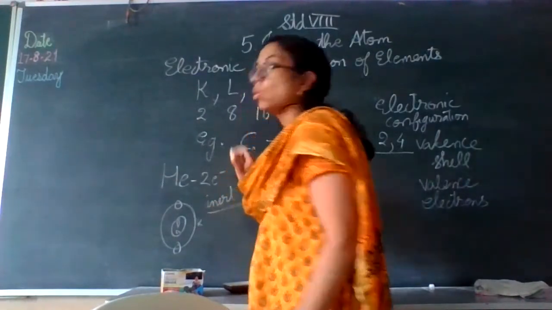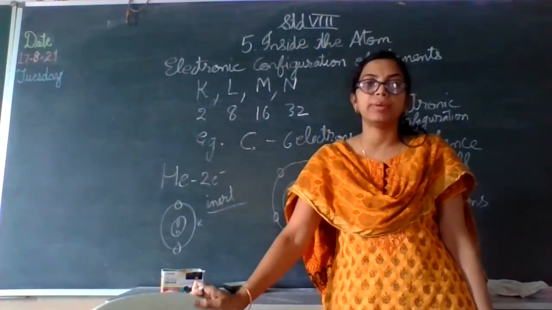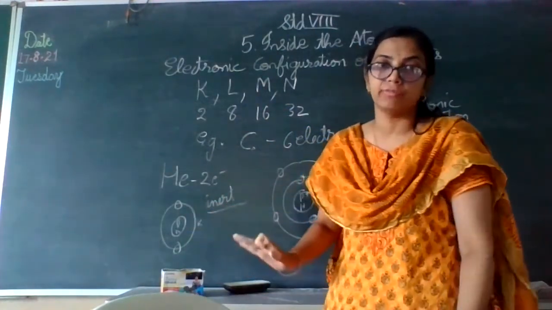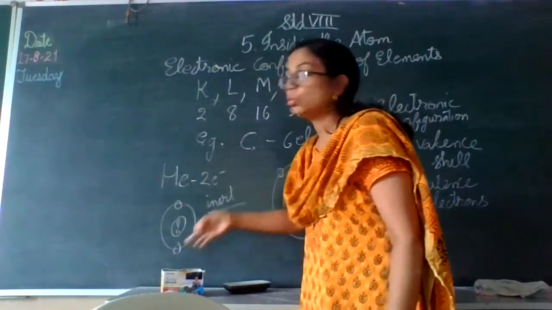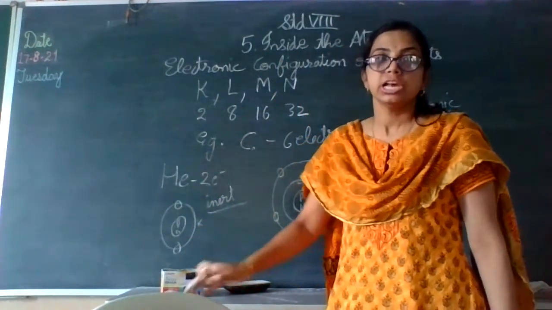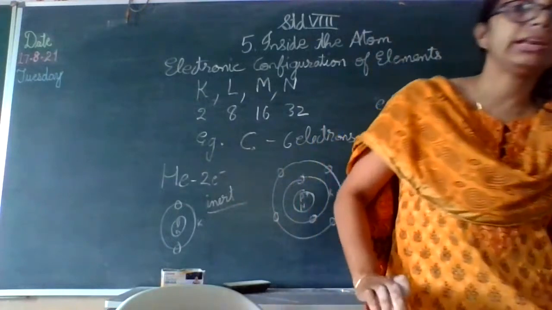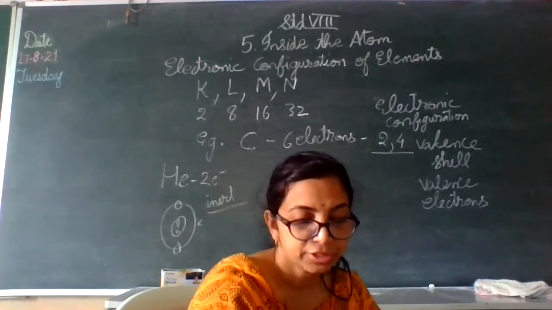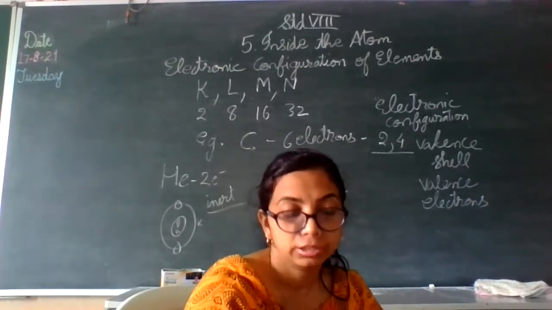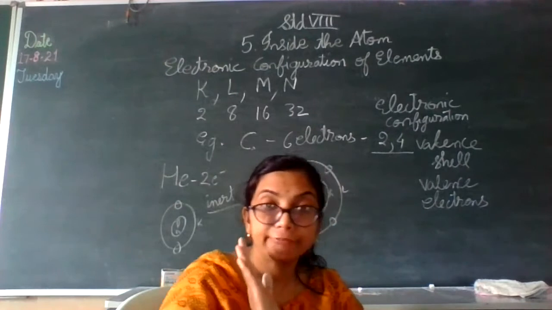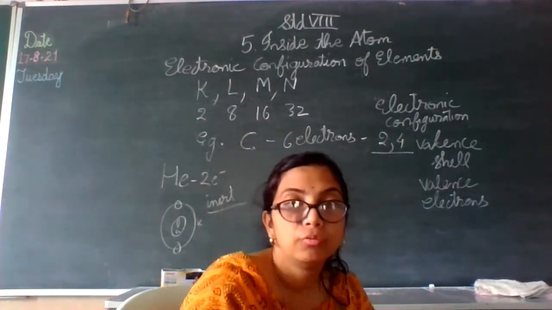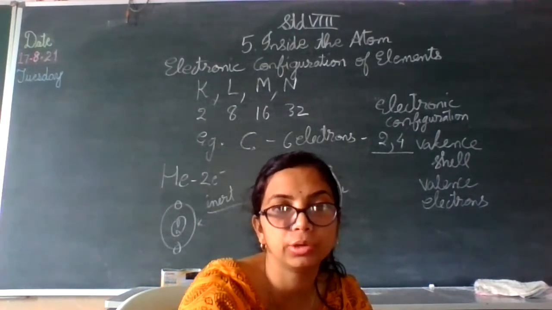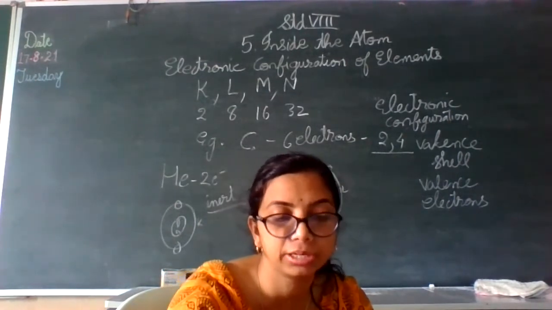It is not going to go and react with some other element to form a compound because it is inert. It is satisfied in itself. K shell with 2 electrons, finish. K shell is satisfied. No need to give any electron, no need to take any electron. This is the smallest example. Therefore, the valency of helium will be 0. Why? Because it is not ready to give an electron, it is not ready to accept an electron.